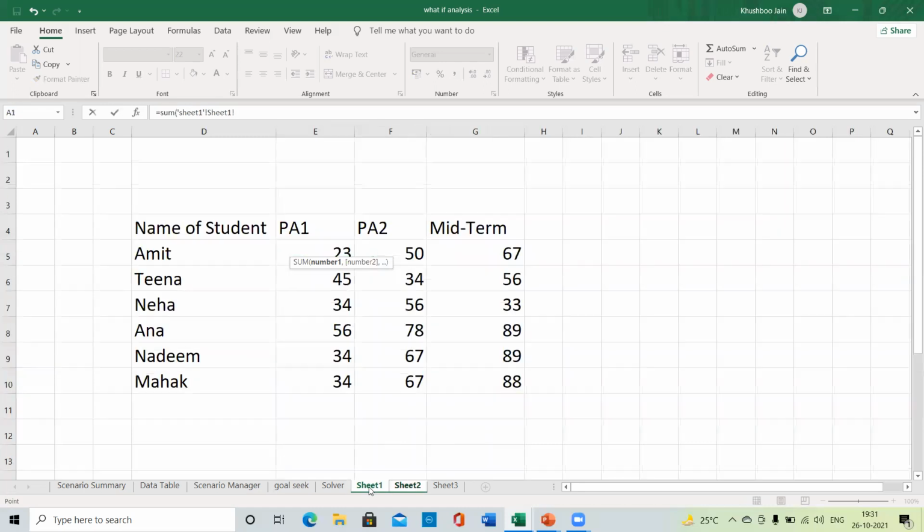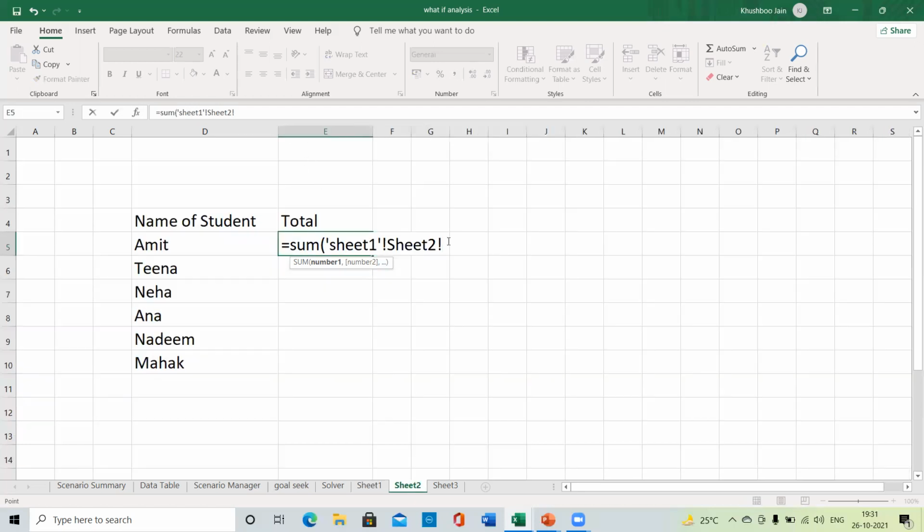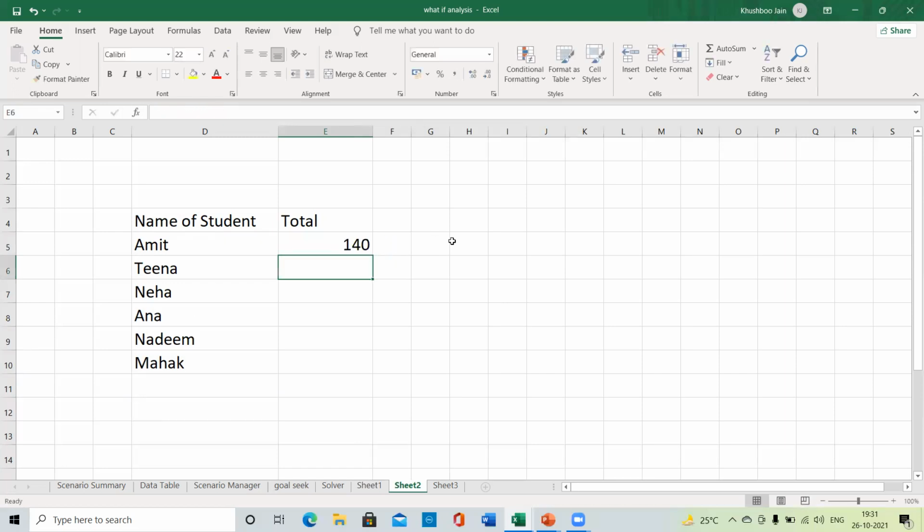So for range, I need to check it. Range is E5 to G5. Okay, so here I will write E5 to G5. So this is the way from which you can use the references with keyboard as well. Got it?